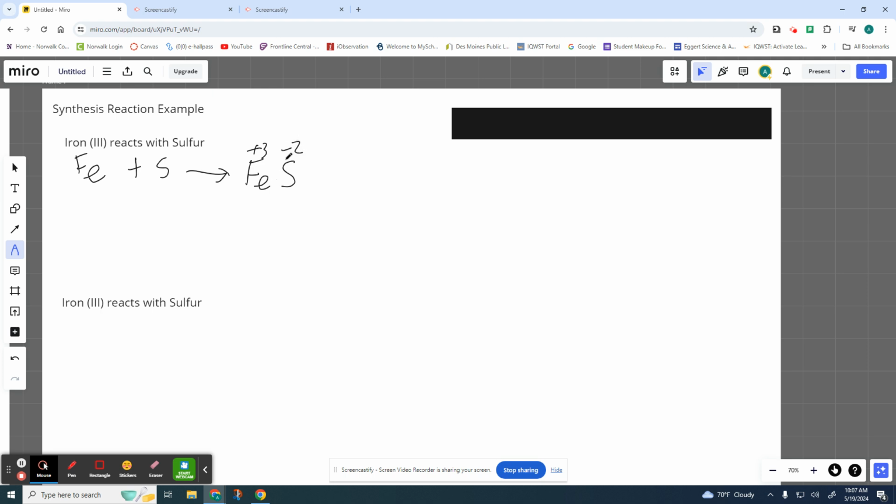Now, in order to charge balance this, you guys got to kind of find a common multiple that the 2 and the 3 goes into. Most times you guys say 6. In order to make this sulfur a 6 negative charge, you would need to have 3 of them in the subscript. In order to make the iron a positive 6, you need to have 2 of them in the subscript. Now that's the iron 3 sulfide, if you wanted to write that out,